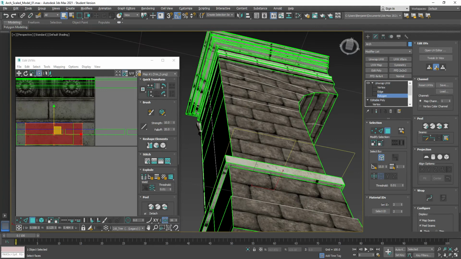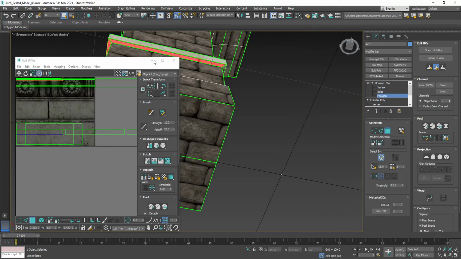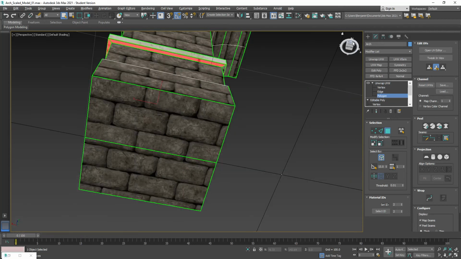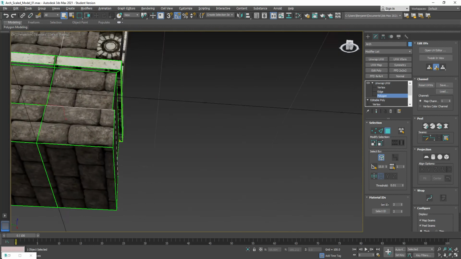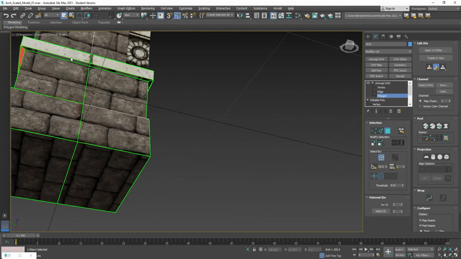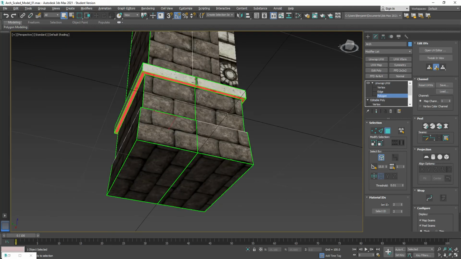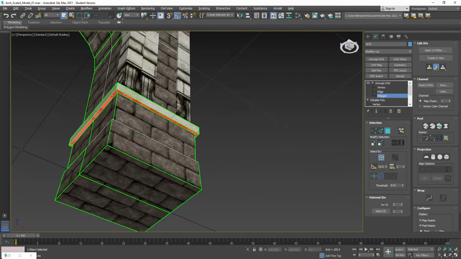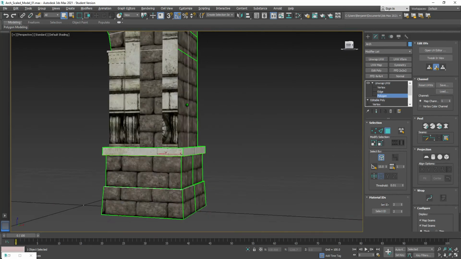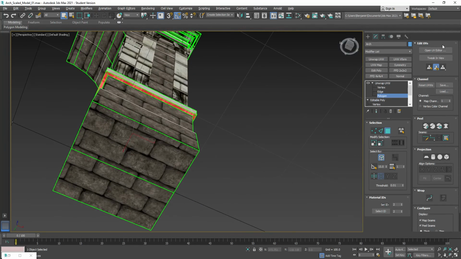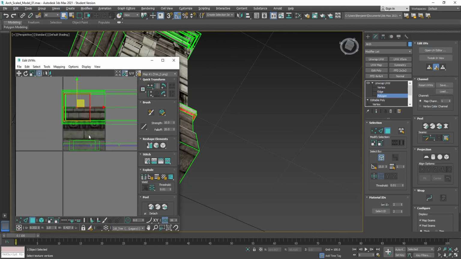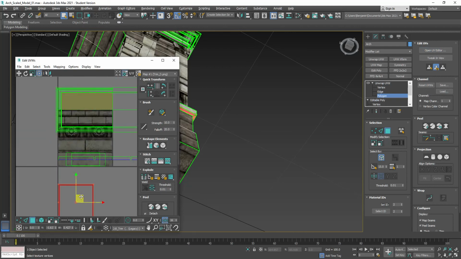And so here I am. I'm going to go through and I'm going to click on these. I hit Z there to zoom to select them. And let's just orbit around. I'm just selecting all these elements. I'm going to hit Z to zoom in, and then orbit around some more. Make sure I have all of them. Looks like I do. And now I can go into the UV editor, and I can move these down again,